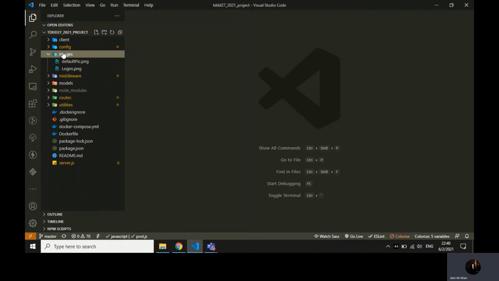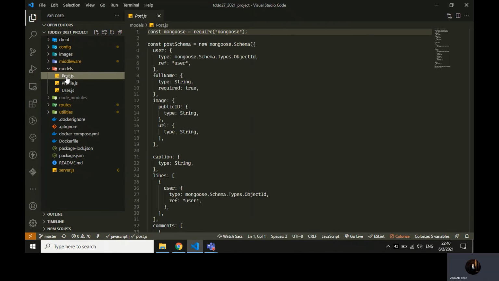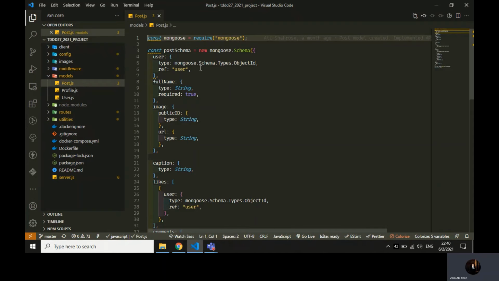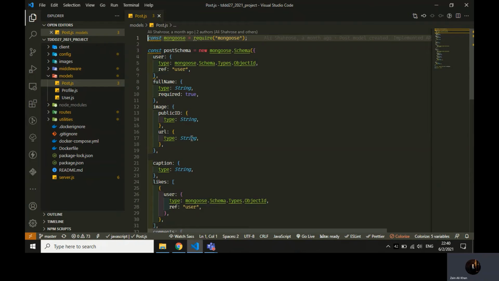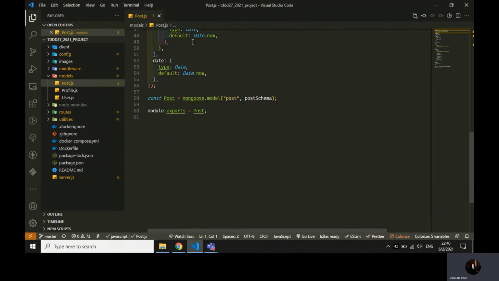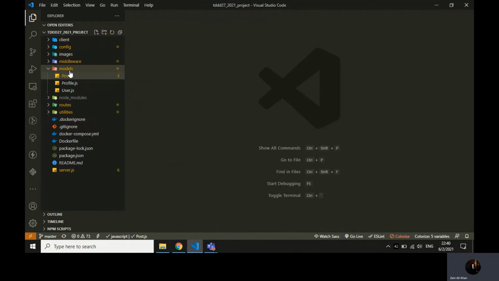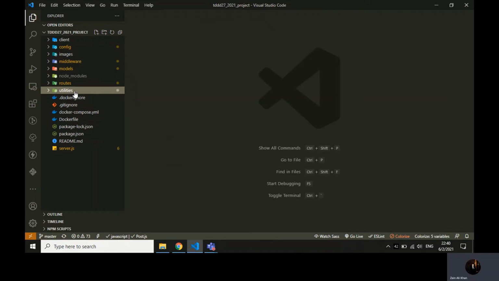This is the images folder that we are using. This is the middleware. These are the models. I don't think I have to explain the models, because this is the simplest thing: we are just providing all the fields here in the model, creating the schema, and by the end we are just exporting it and including it in our database. So these are our models, these are our routes that I already explained, and these are the utils files that I explained. So from now on we're going to move into our front end, which is going to be our